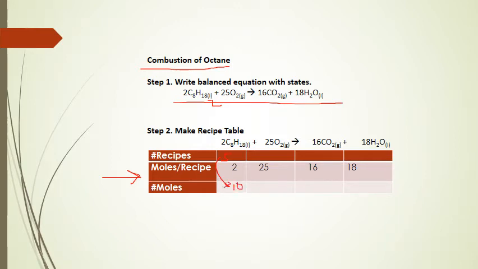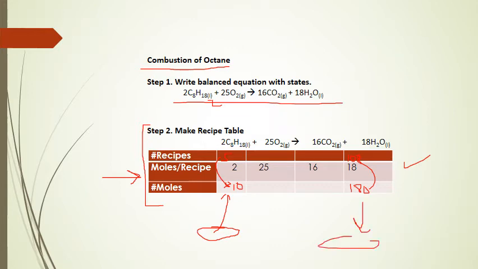Okay, let's say you have 180 moles, and you want to figure out recipes. You can divide that by 18 and come out with 10. So this is our setup point, and this is what you need to do your problems. You're going to start out with grams, milliliters, etc., and using its state, figure out how many moles, then how many recipes, and then come out and figure again how much of the material you need